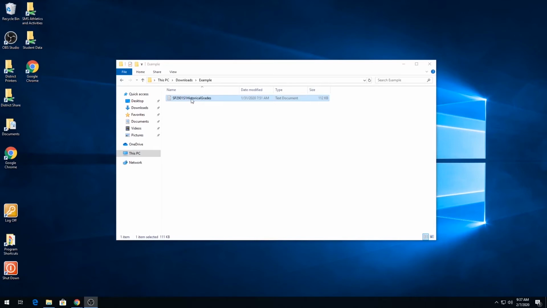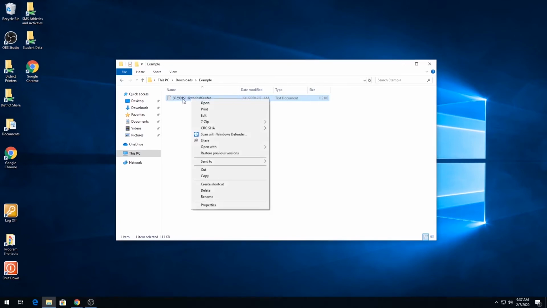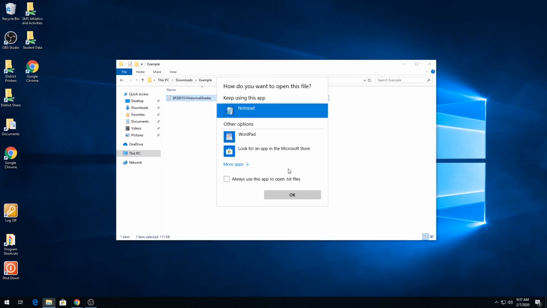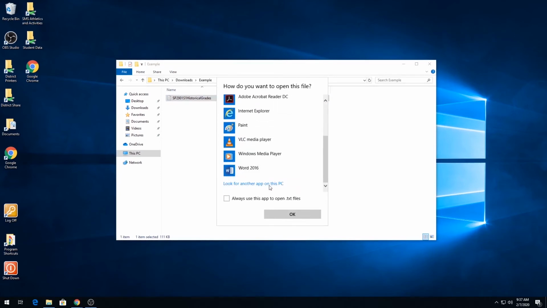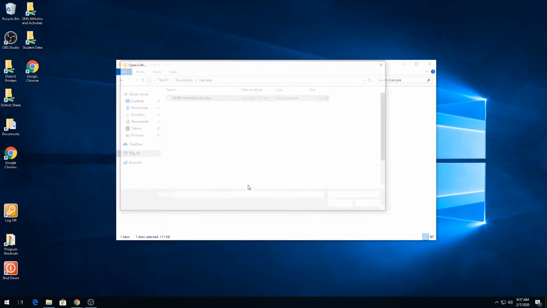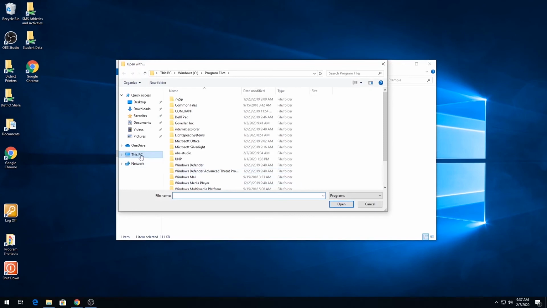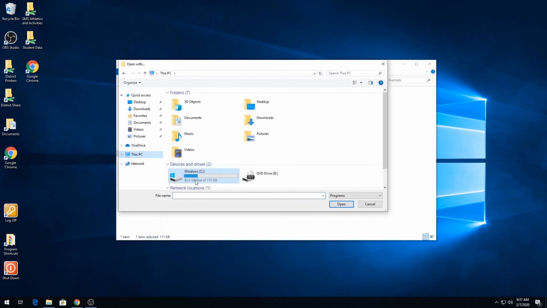Go ahead and right-click on the exported file. Scroll down to Open With, and you'll see Excel isn't even on the list, so we're going to hit Choose Another App. This window will pop up, and on here you're going to click More Apps, scroll down a little, and hit Look for another app on this PC. You're then going to click This PC on the left, choose Windows,